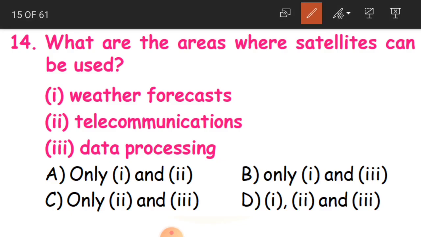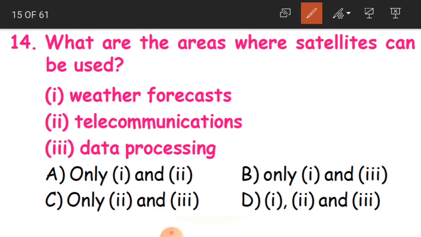Now, what are the areas where satellites can be used? So, we are having natural satellites. We are also having artificial satellites, that is man-made satellites. So, these days a number of satellites have been launched from every country. I mean, these astronaut scientists are launching so many satellites so that we can get some information and we can also know about certain things.